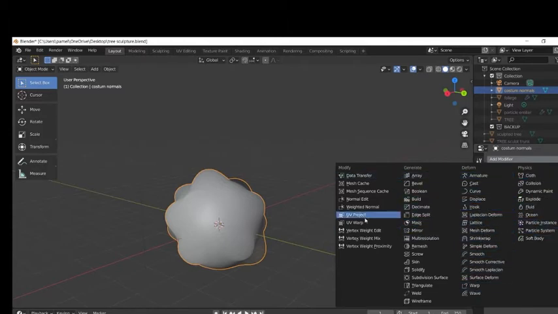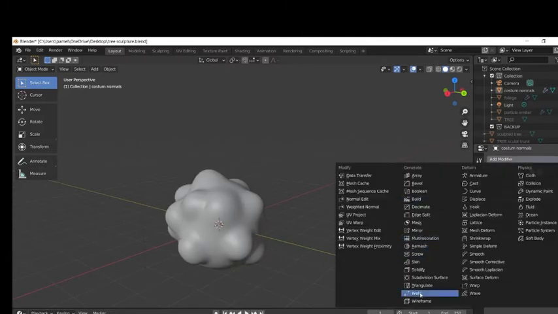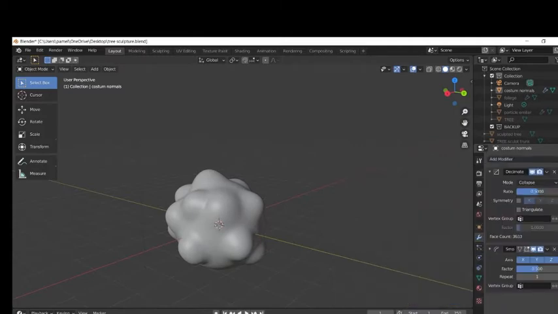So, when I went to the modifier and I added the data transfer, I also had to duplicate another object, and I learned that we were using the data transfer modifier so that the properties from one object will go into the other one, in a way that wouldn't kill the computer, to give us this very